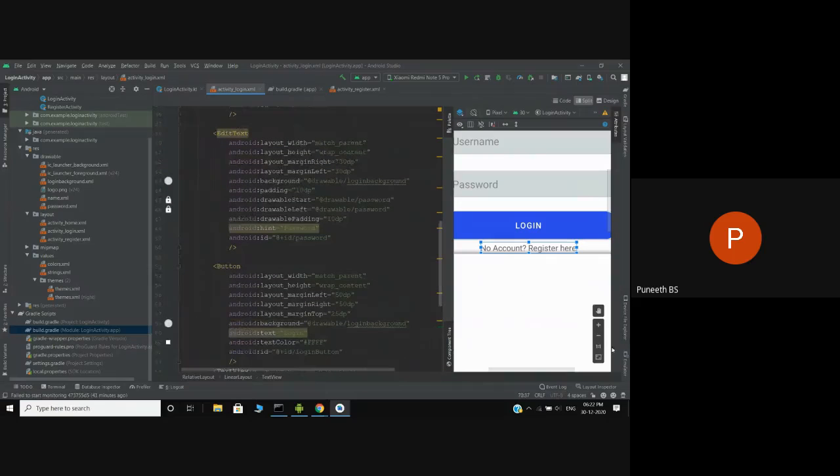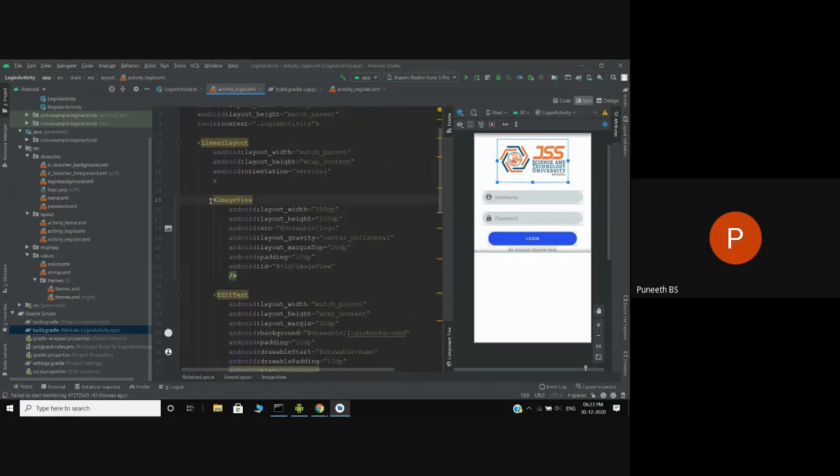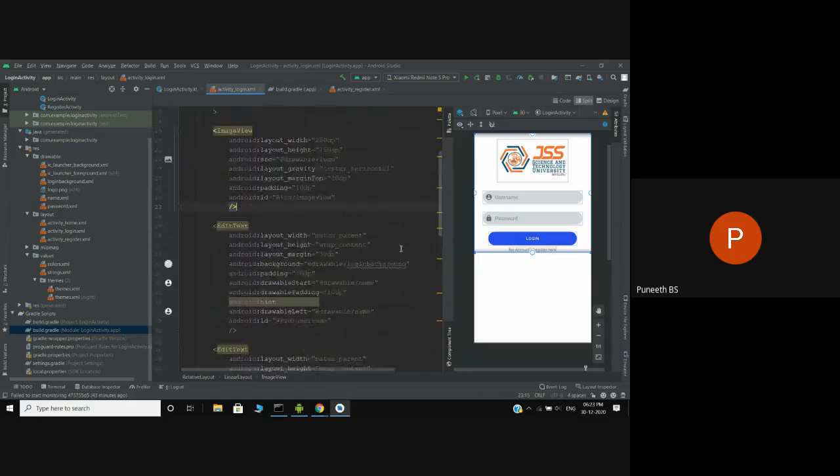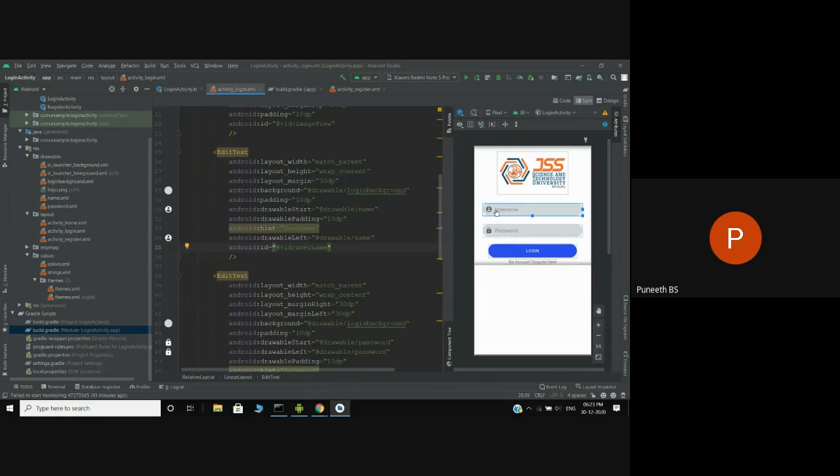What I did is I've created a relative layout. You can use even the linear layout, but relative layout is a bit easier when you create a complicated UI, and it is more flexible. So this part is the image view. All this width, height, and the logo, I have done. And the edit text part, here you can type, and to get this